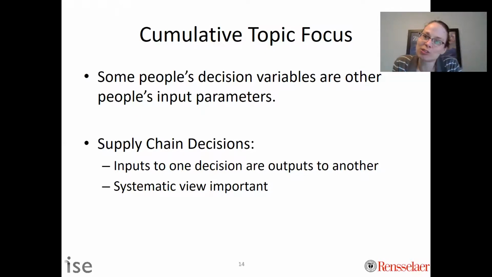If you go to a job, even in supply chains, oftentimes you or your group will be focused on one of these decision variables, and you need to get input parameters from others. An example is if you're on an inventory planning team, often there will be a demand planning or forecasting team. Your decisions and their inputs are related, and hopefully the company is using all of this to make a systematic decision. Keep that in mind. One really big takeaway is that you shouldn't sub-optimize any of these aspects of the problem. Really think about it systematically.